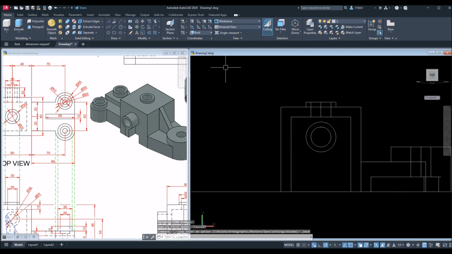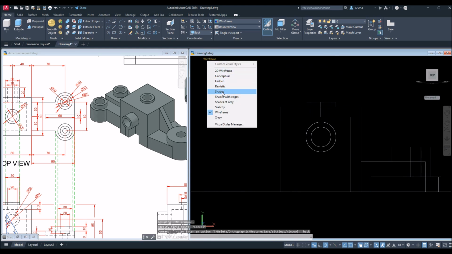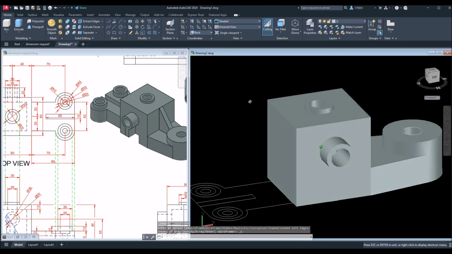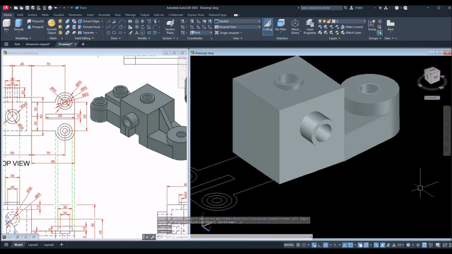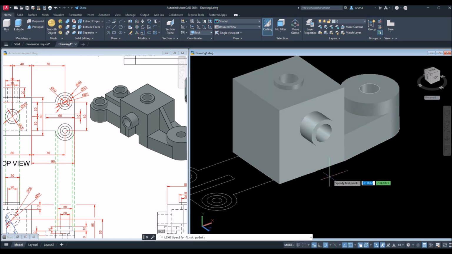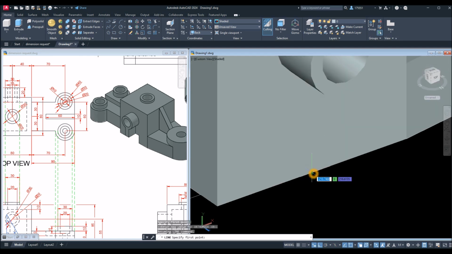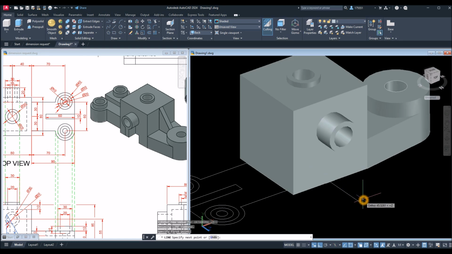Back, and then shaded with edges, and draw a line from midpoint. So midpoint, you can tell it's midpoint because of that triangle, and then move it in this direction for, I think the extension is 20 units. 20,